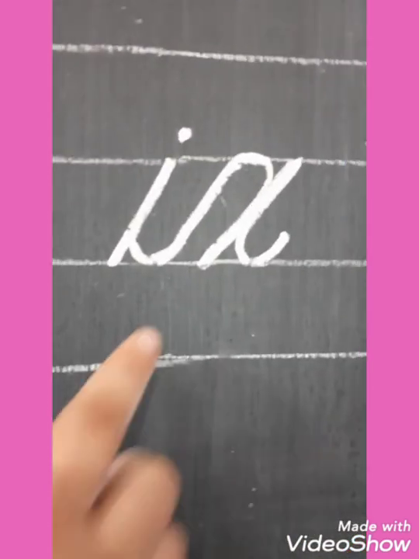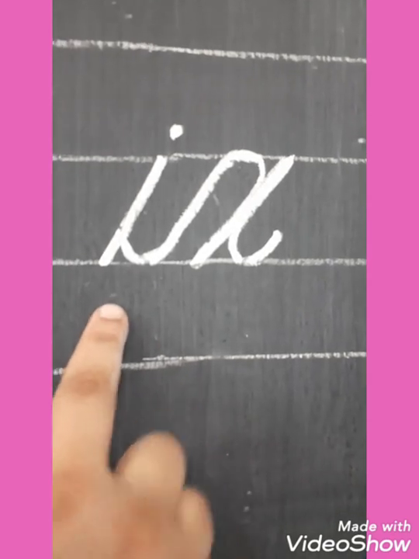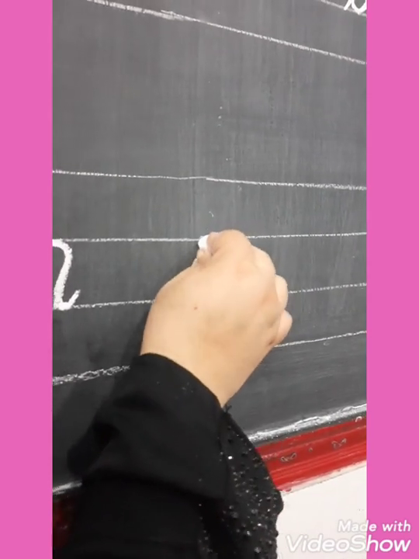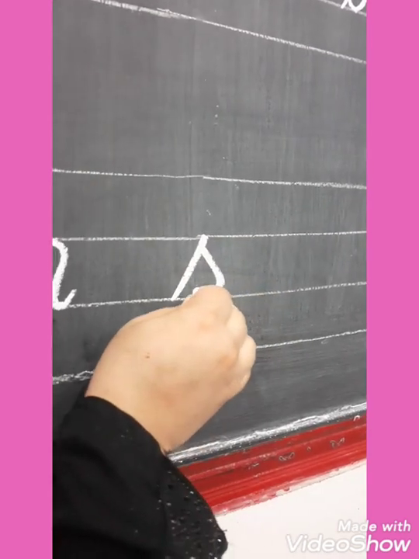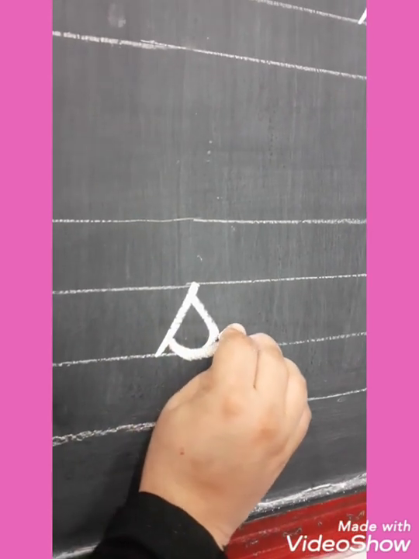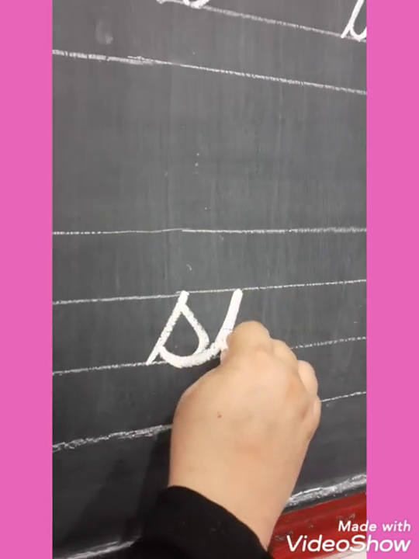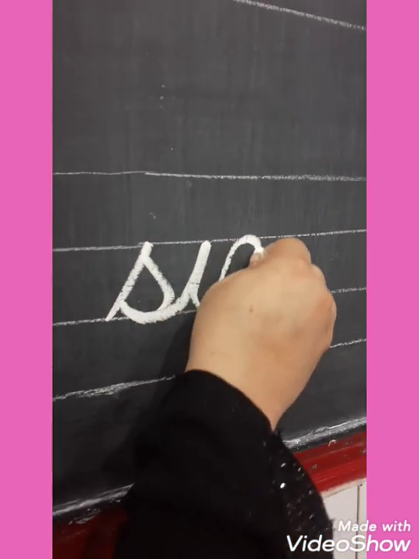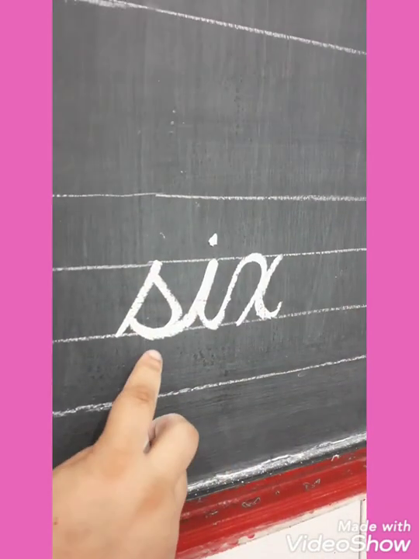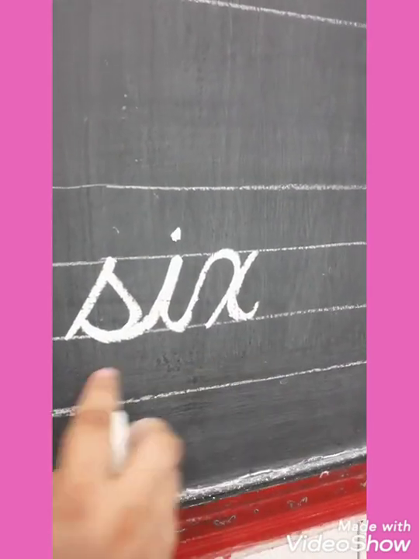Your next sound is X. Ix sounds X. So you have to write the word with the help of this sound. And the word is six. So X, six. Your beginning sound is S sounds. So go up in a slant, touch the second line, come down. From here come out, round and its tail. From here you have to also come out. यहीं से आपने इसको बाहर लेके आना है and make your I, E. Again go up and make your X like this. In the end you have to put that dot. So X, six.